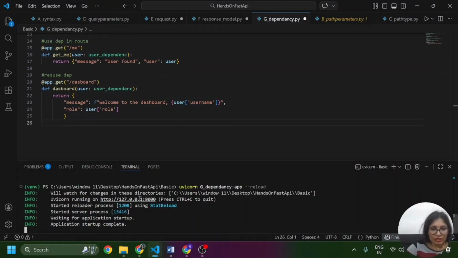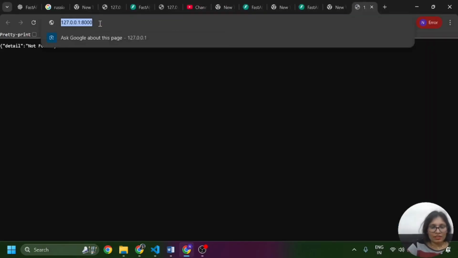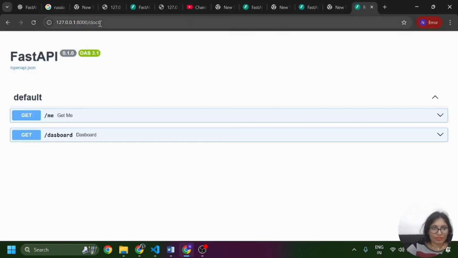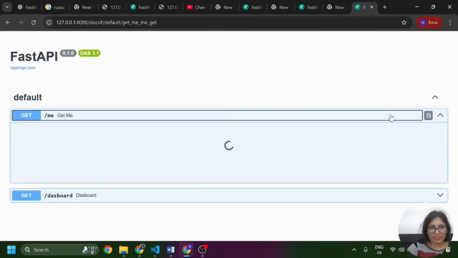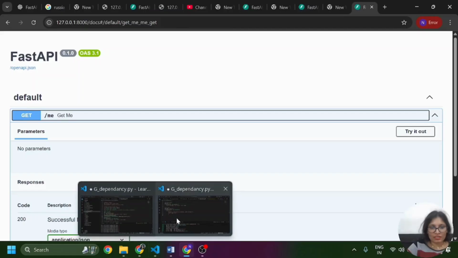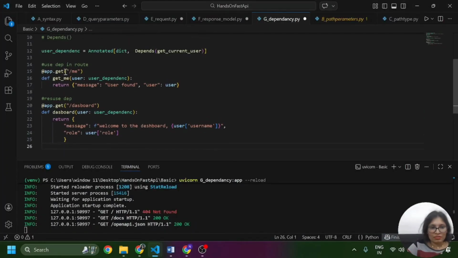Now I am going to click on here. Okay, here I need to write docs. Okay, so you can see here, first, this is the route /me, get_me. This is our first route. Me, get_me: this is the route and this is the function, get_me. And we have user message, sorry, message equals to user found and user equals to user. So here,